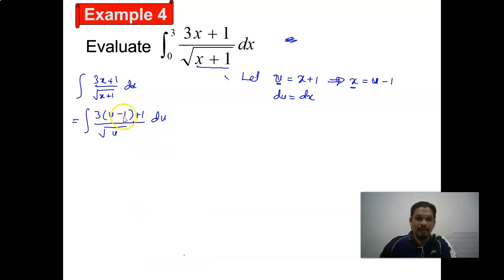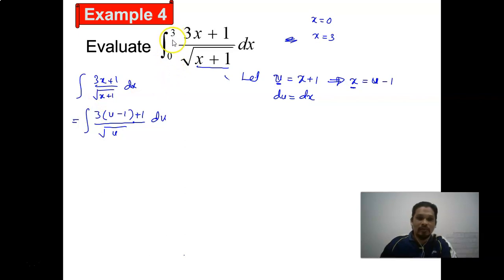Do you find any x left here? No. Okay, it's all turned into u. So in that case, let's take a look at the value of x when x equals 0 and when x equals 3. Because everything will turn into u now, the variable x from 0 until 3